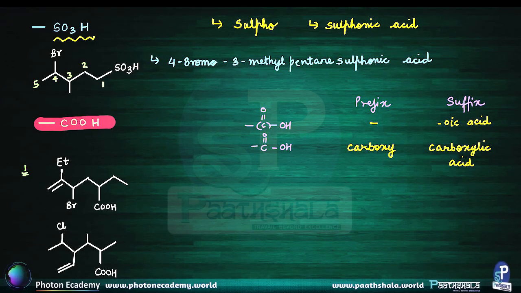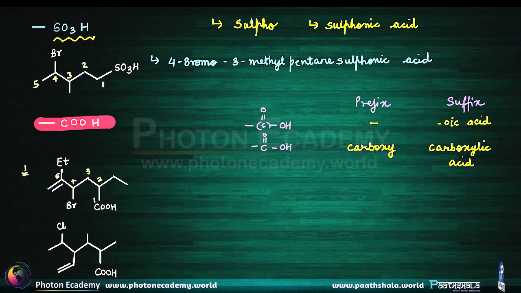So here we have the first example, and in this one, we start the numbering where we include the COOH group. So here we started from here 1, 2, 3, 4, 5, and then the sixth one we named this here because ethyl has only single bonds, but here we have a double bond present on this side. So the name of this compound thus becomes 4-bromo